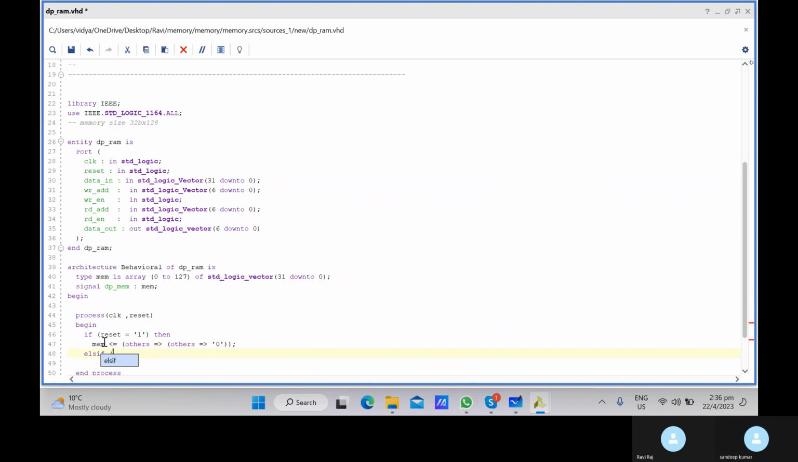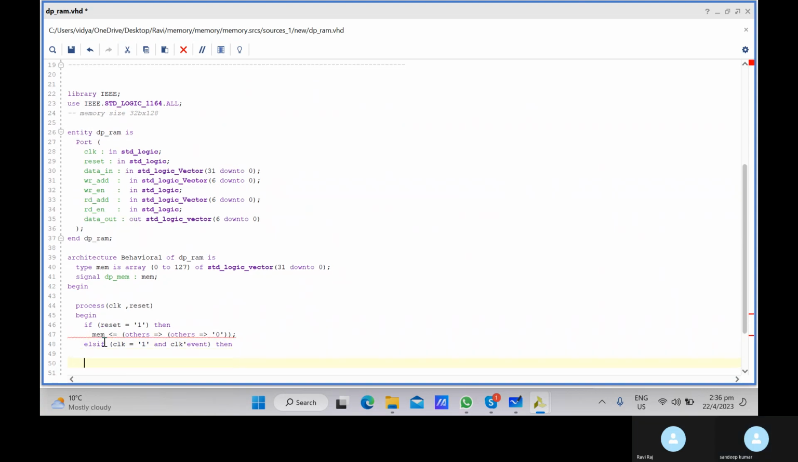Else if clock equal to one, clock event and, then we write it, right? So when the write enable is there, then only we write, right? If write enable equals one, then